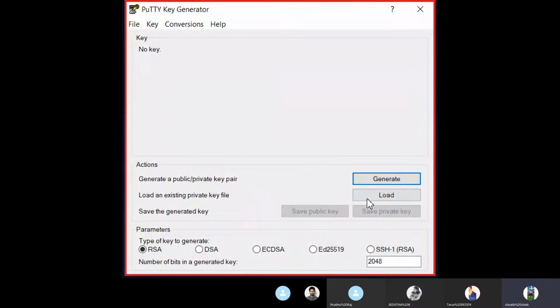Yeah. Everyone can see PuTTY generator, right? Respond. Yeah. So I told you that our Linux system is SSH. Everyone remembers that, right? We saw it in the security group.